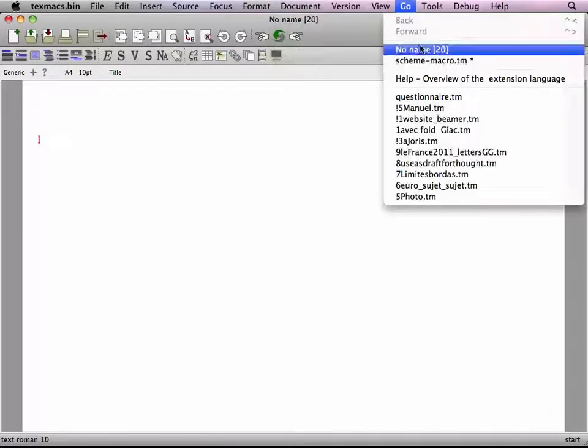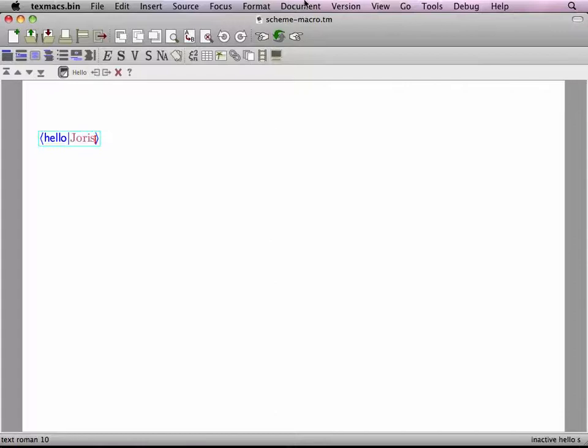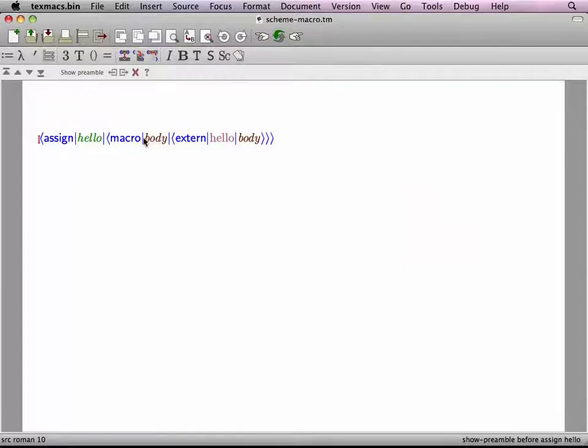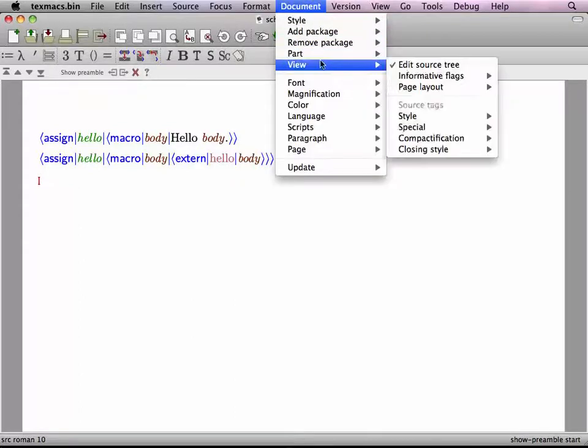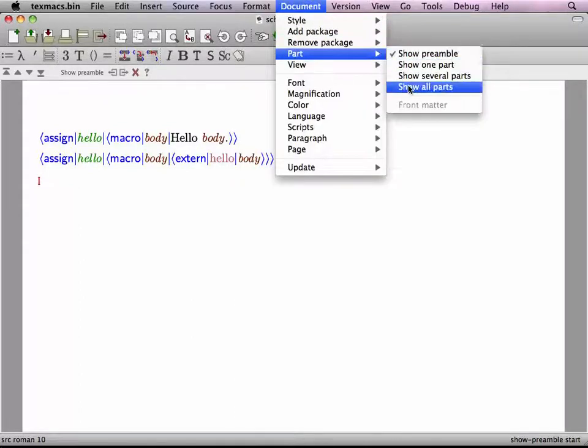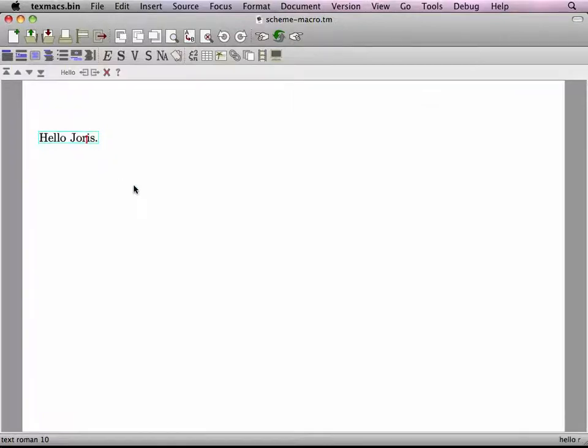Where are we? In this document. So let me show the preamble. We started as before, but instead of doing this, as we saw earlier this week, we're now going to call this external scheme routine. So I can just activate this thing, and as you see, I can